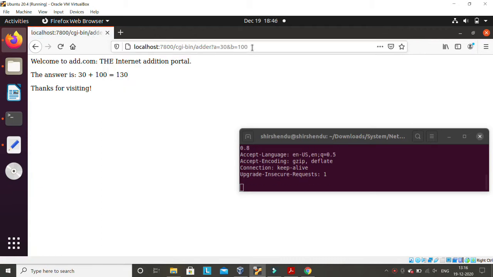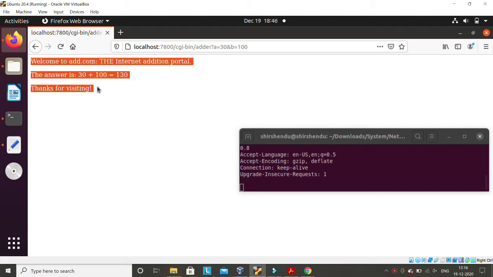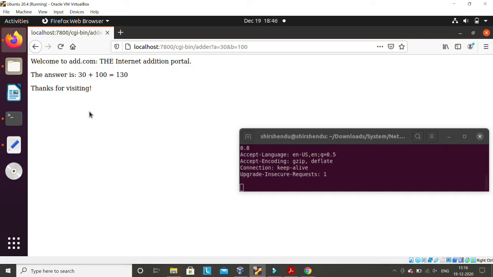So what this server is doing, first of all, is adding 30 and 100 for me, which is 130, and then it prepares this content, and this string is sent by the server in HTML format from server to client, and then the client prints it, right? The important thing here is that, at this particular moment, the content is not static. The content that is supplied by the server is dynamic.